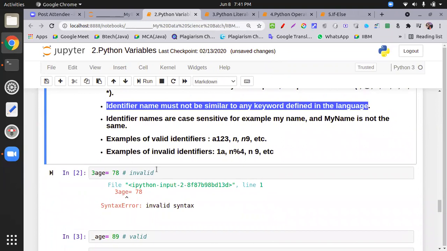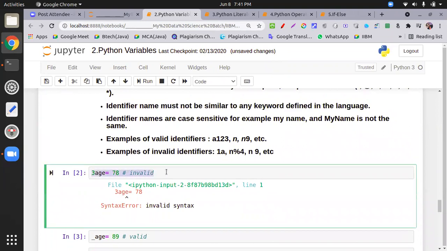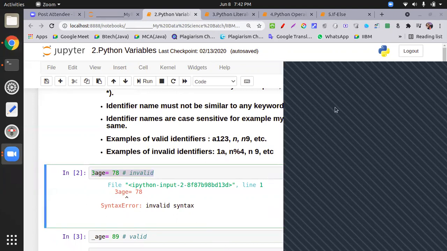Is this your first class, dear? Second class, sir. Do you have any programming knowledge before this Python? No, sir. Okay, no problem. I request you to at least cover what I taught every day. Because you're new, you have to work a little bit harder. Please mute yourself. I'm catching the second participant.